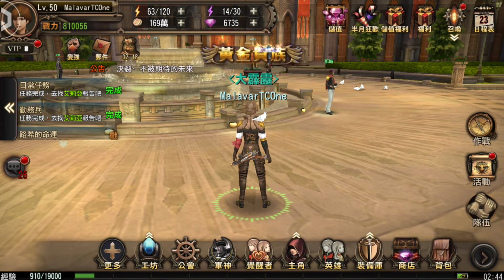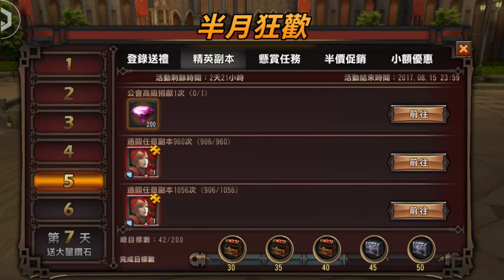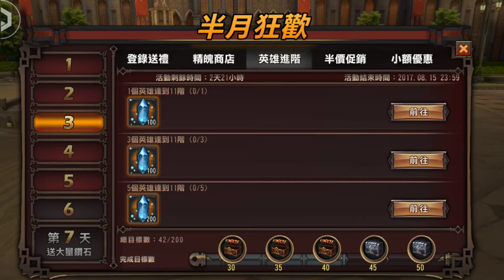Let's move on to the upper right corner. You'll see the diamond chest first, which is what I went over first. Next is like a daily thing. Now this is the first day of the week, second day of the week, third day of the week, fourth day of the week, fifth day of the week, and so on. And as you do the special quests in these, you're able to get special items depending on